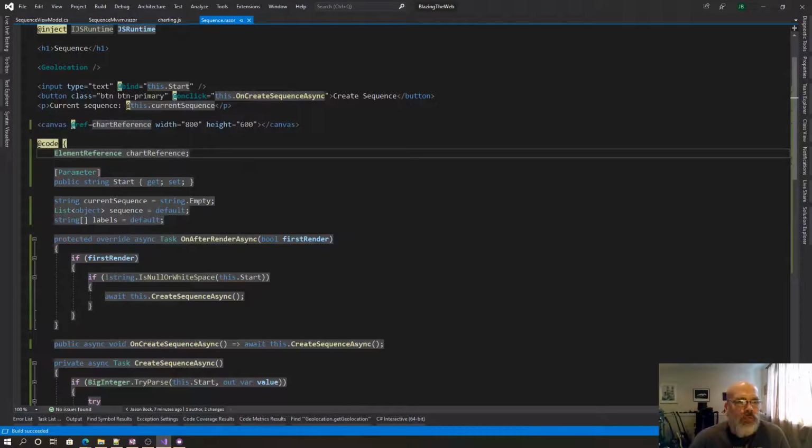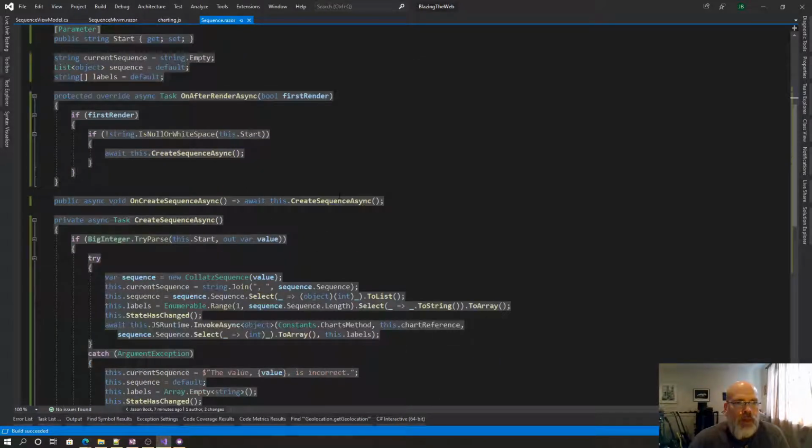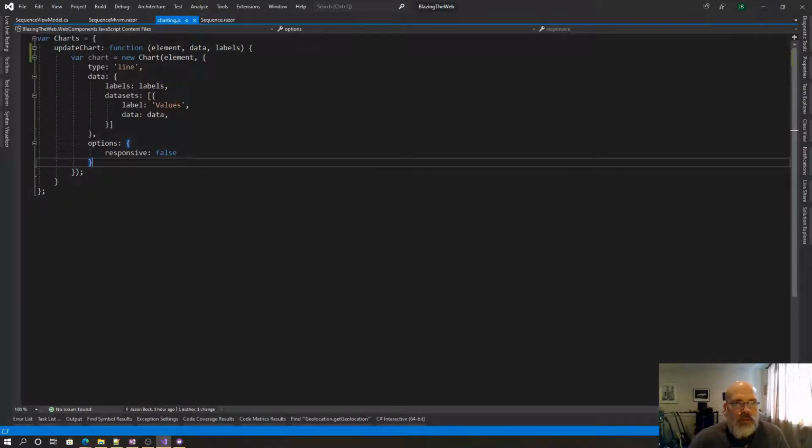Well, I thought that'd be easier than it was. A ref provides a special property with a reference to the element or component. So I'm referencing the canvas. That's chart reference, and that's an element. So chart reference is an element reference. So if I pass that into here,